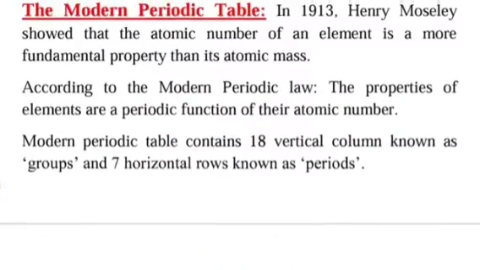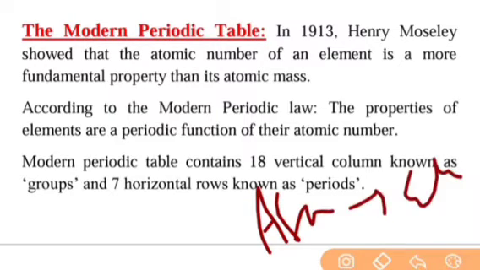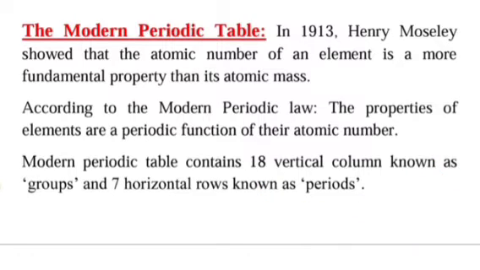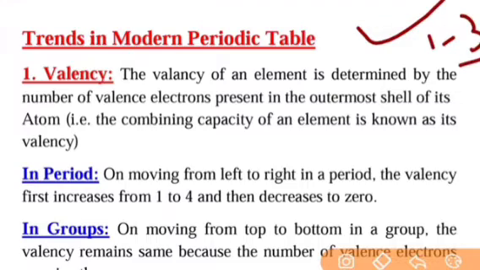Now the merits of Mendeleev's periodic table. Mendeleev left vacant places in his table, which gave an idea for the discovery of new elements like Eka-boron, Eka-aluminium and Eka-silicon. He predicted the properties of several undiscovered elements on the basis of their position in the table. Noble gases could be accommodated in the periodic table without disturbing it after their discovery.